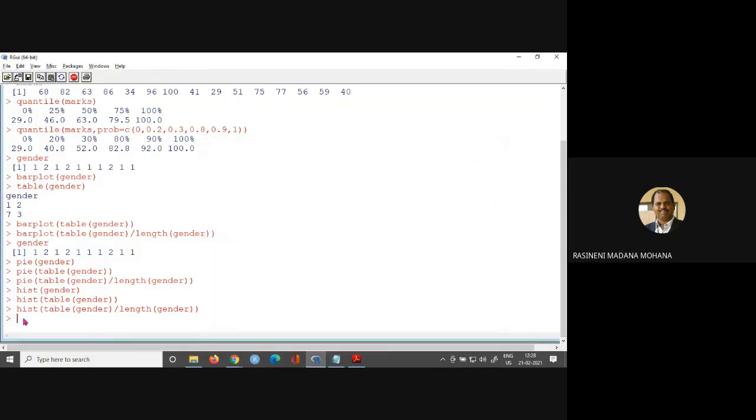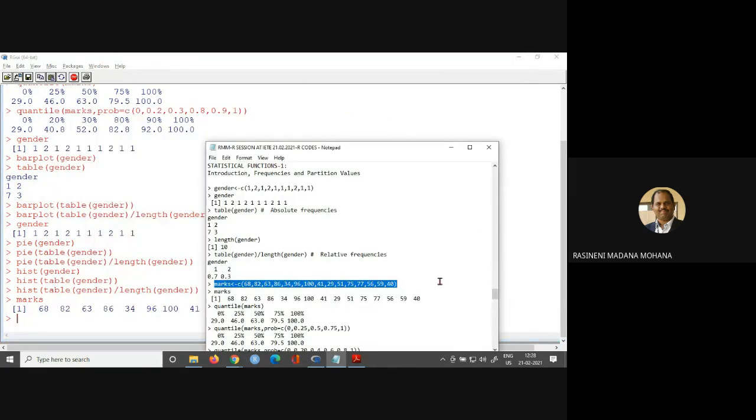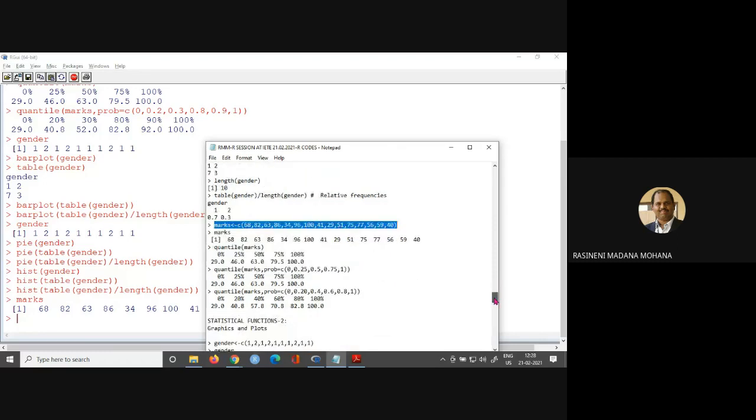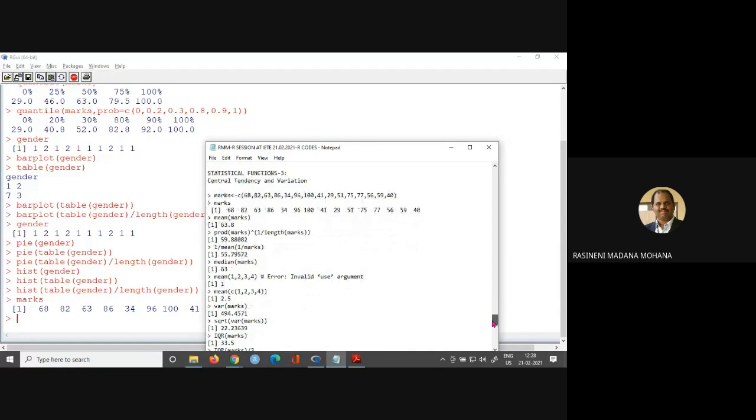So the marks matrix is already there. Simply you can call marks. Now whatever measures we want to calculate, simply type the commands. The first one is mean of x, which gives the arithmetic mean value.